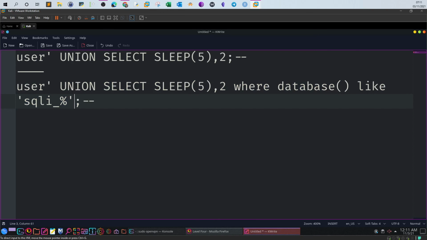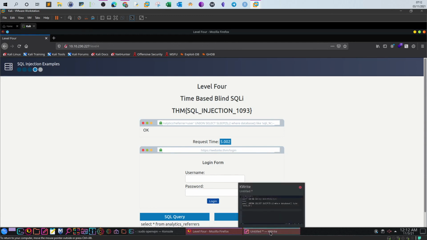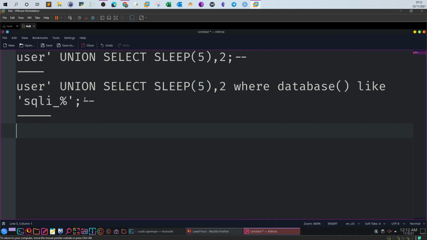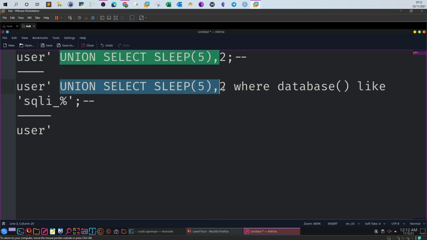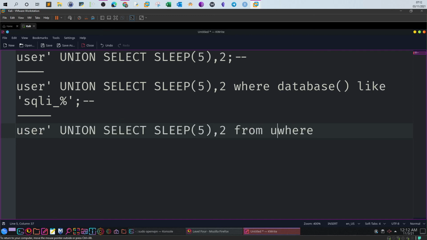Now to extract the flag, we are about to go through the same process we went through when we were doing the Boolean-based, right? So first we guess the username. So what you do here, users, and also select, take until where. So here type from users where, suppose we have a username called admin,